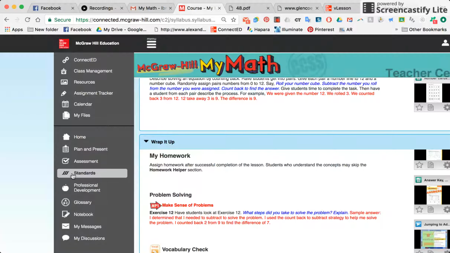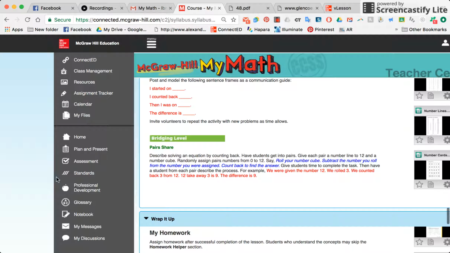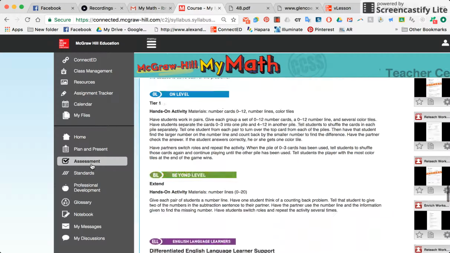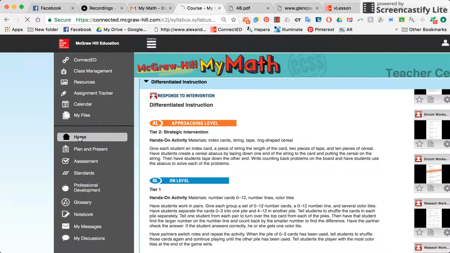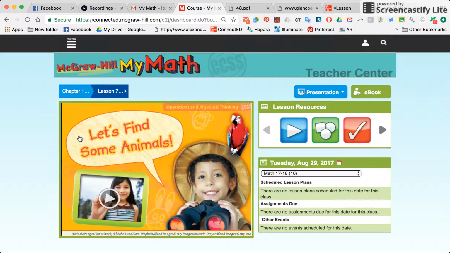All right, my screen check shows me that I need to end my screencast in a couple seconds because this is a free version. But I hope that helps, being able to go to resources, Plan and Present, assessment for both online or paper version. And if you use that presentation tool, that's, I think, really the easiest way to help you along with your lessons. If you have any other questions, feel free to email me or